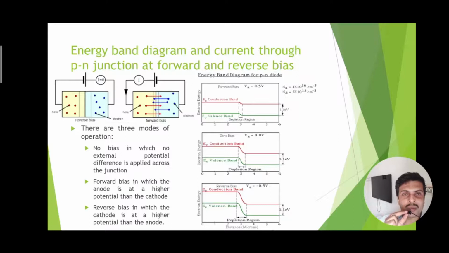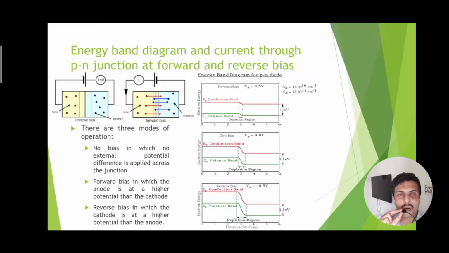When this occurs, the energy band diagram, as we see in the bottom figure on the right hand side, shows that the conduction band for the P side is moving much above the Fermi energy level, whereas the valence band is much closer to the Fermi energy level. That means the concentration of holes in the P side has increased to a very large value under reverse bias. Similarly, under reverse bias for the N side, the density of electrons has increased. That is why the conduction band energy level comes closer to the Fermi energy level.